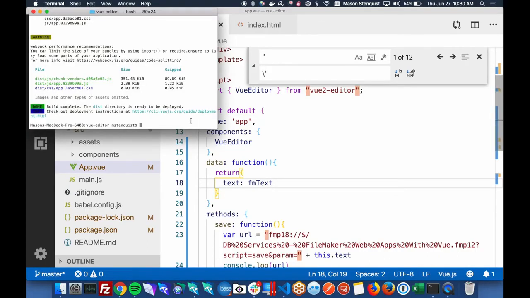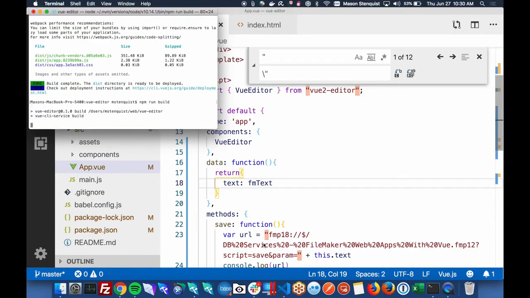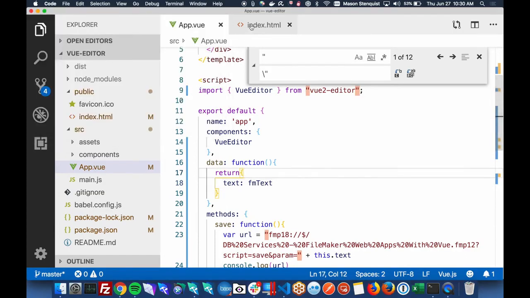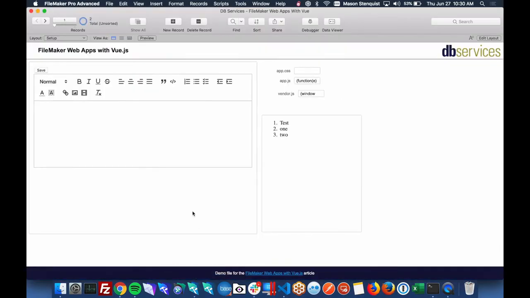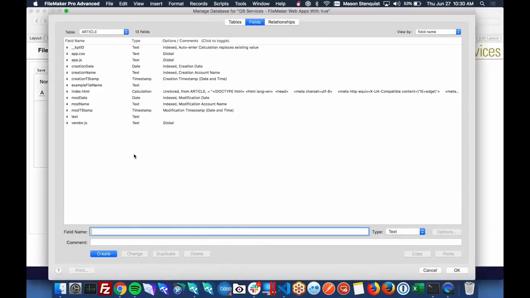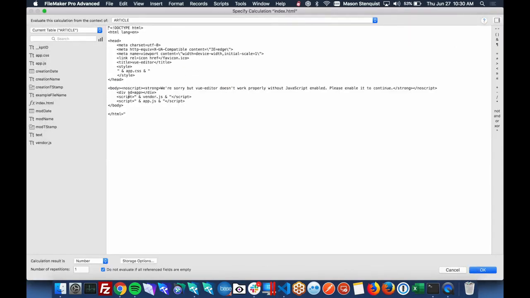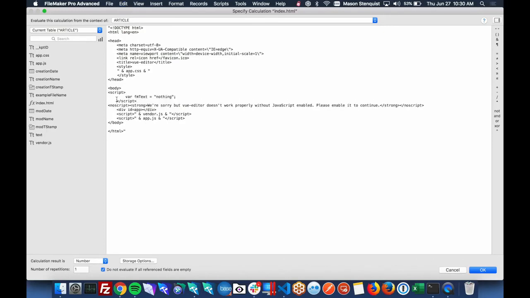We're going to build this again. While that's building, since I don't want to recreate the entire index page, I'm just going to copy this section of it, go to our FileMaker Pro 18, and we'll edit this calculation for index.html. So after the body, we'll throw in this script tag, and instead of bringing in nothing, what we'll do is